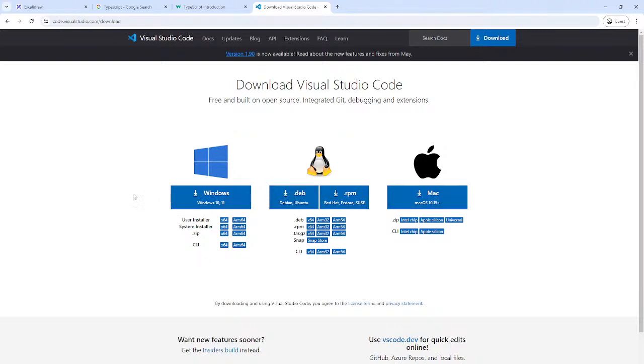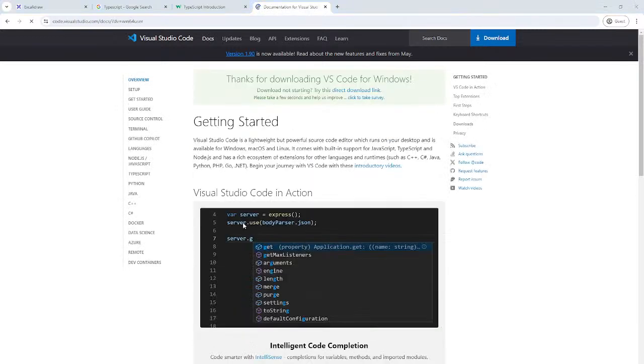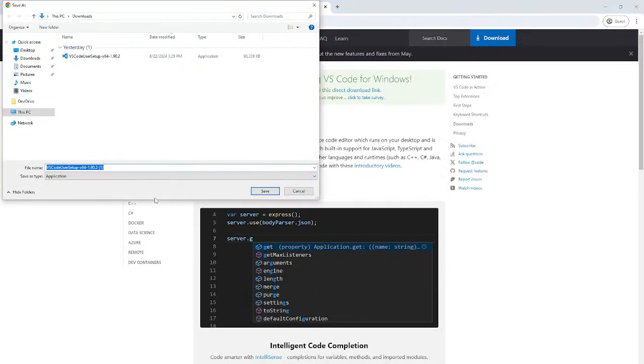I'll do it for Windows. You click on download and it'll start downloading. You should specify the directory in which you want to install it. I've already downloaded and installed it, so I'm not going to do it again, but that's how you can do it.